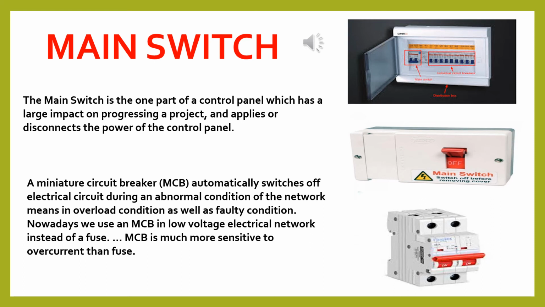So it is a double pole switch having an iron covering. The covering is connected to the earth wire. This switch is used to break the connection of the live wire and the neutral wire simultaneously from the main supply. The earth wire from the meter is locally earthed in the compound of the house.